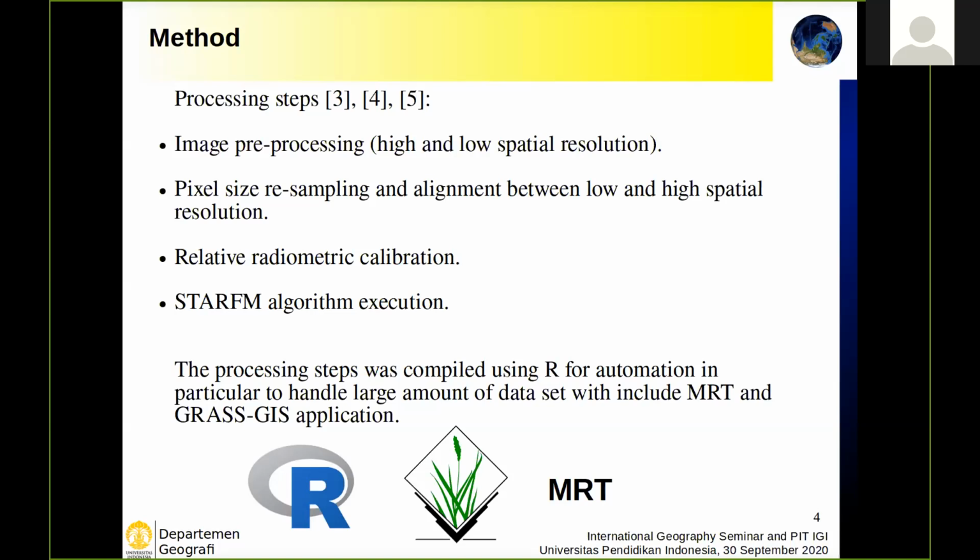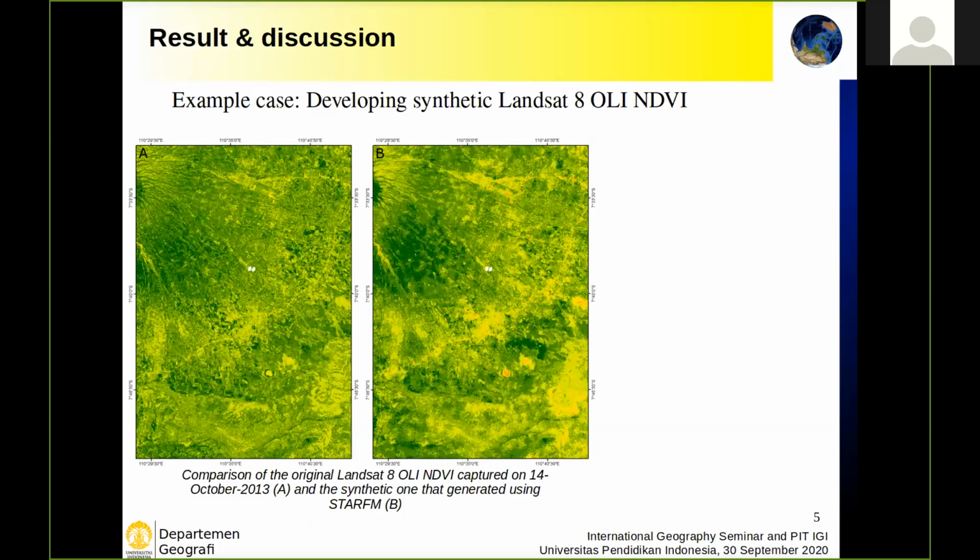And here, as an example, we use NDVI image. And this is the example of the result. So we try to develop a synthetic NDVI image of 14 October 2014 using all these NDVI, and the result